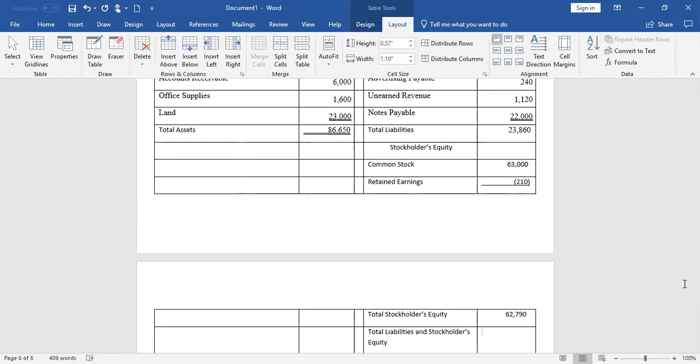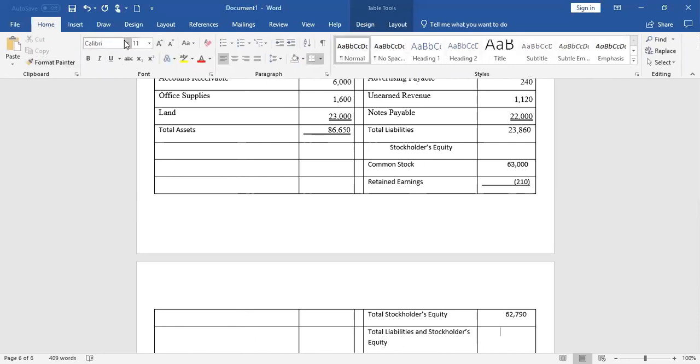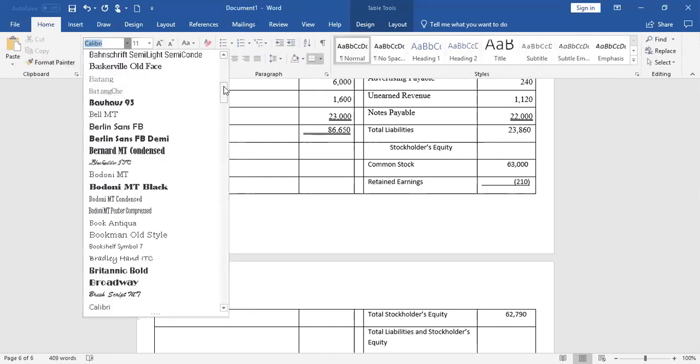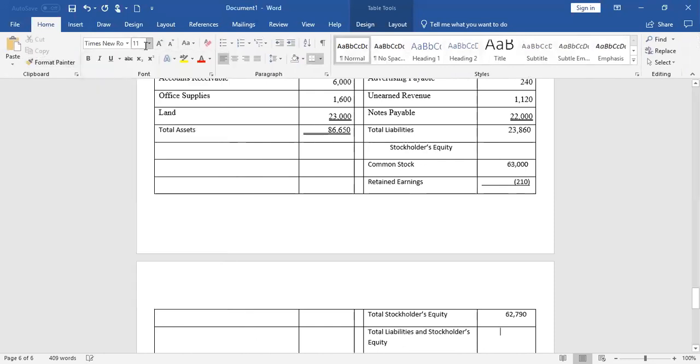We're going to add the liability amount of $23,860 to the $62,790, and that equals what it should, $86,650. So assets equal total liabilities and equity